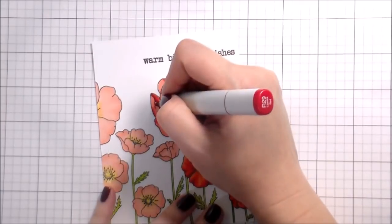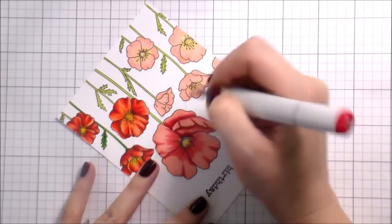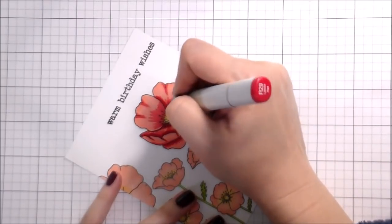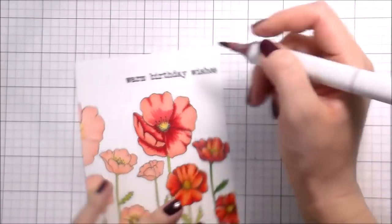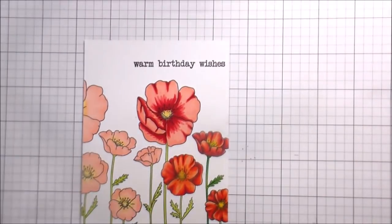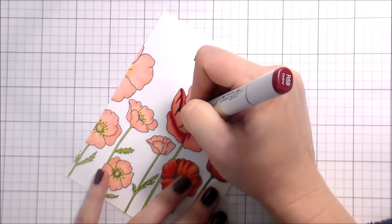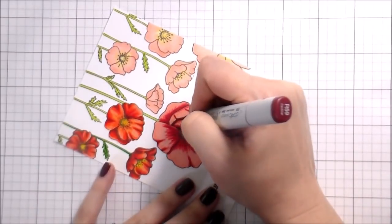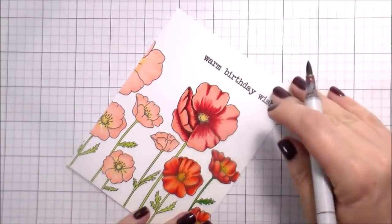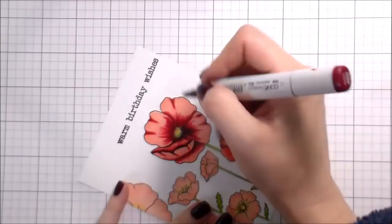The ones on the right, the ones that were already colored, have marker, the lightest color as the base, and then colored pencil. My attempt in doing this on camera is to show you the combination of the two. So you can do just colored pencil. You can do a combination of a marker base, just one color with colored pencil over top, or you can do what I'm doing here. And you'll be able to see the difference in how rich the color is with the shading from the marker and then the additional shading from the colored pencil. This process does take a little bit longer,